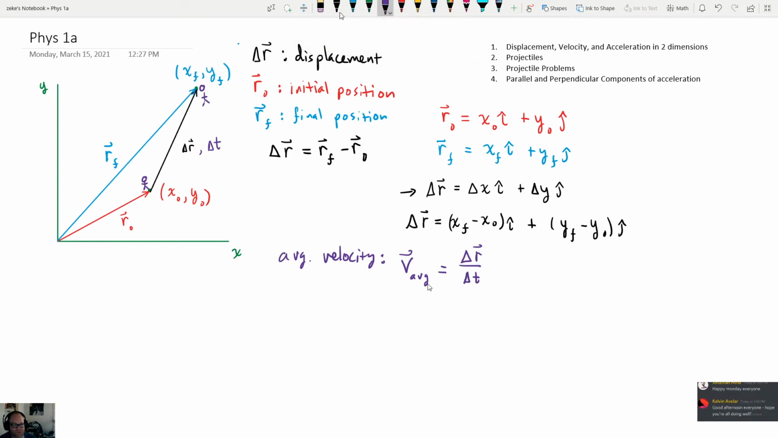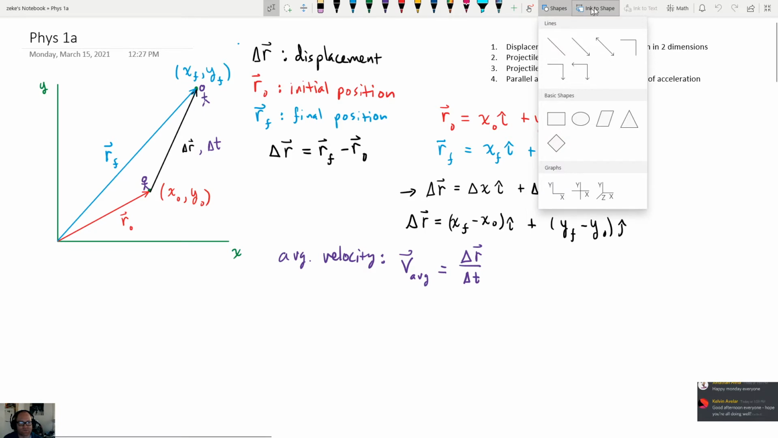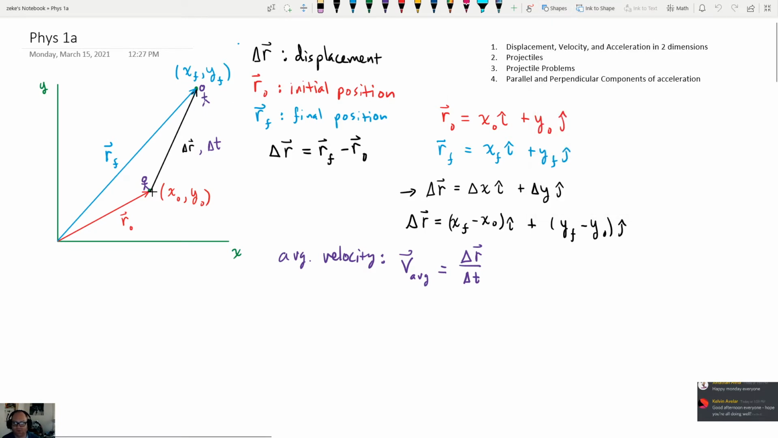From this equation, it should be pretty clear that the direction of the average velocity vector is going to point in the same direction as the displacement vector, because time is a scalar. So the direction of that vector is going to point just along the displacement vector, like this here. That's the direction of your average velocity. And then when we compare it to